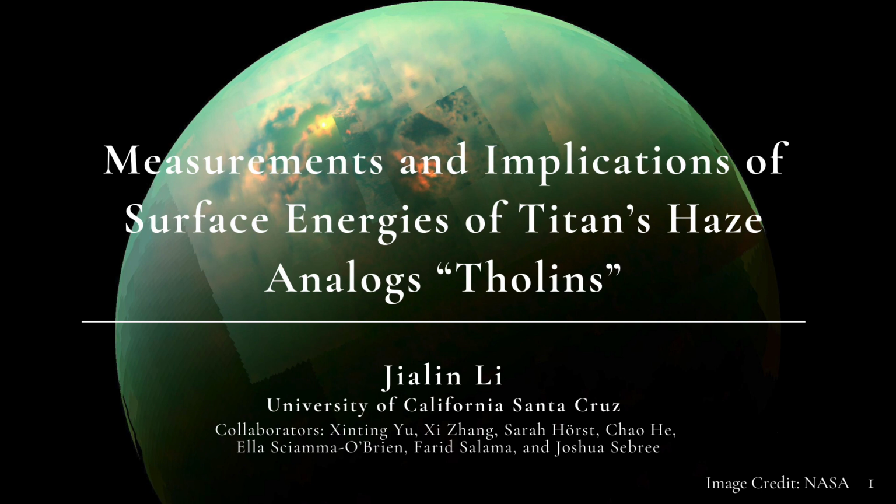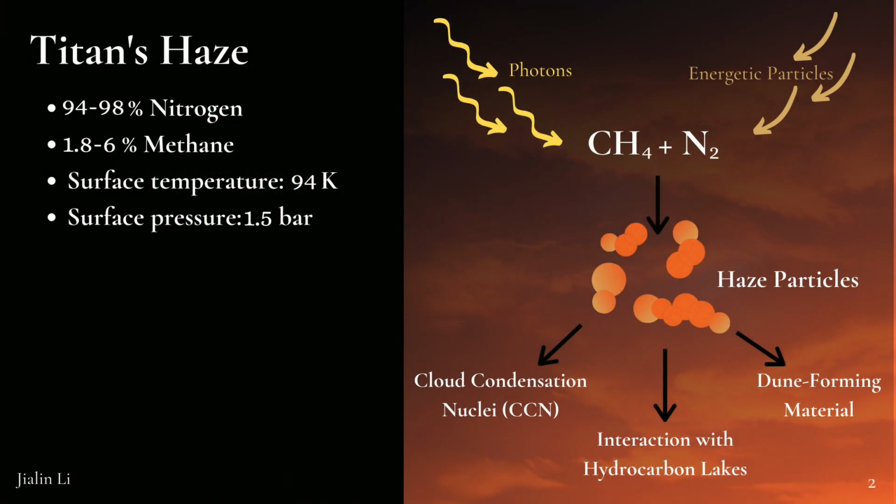Let's talk a bit more about Titan's haze layers that give Titan the orange color. Titan's atmosphere is composed mainly of nitrogen and methane, with small amounts of hydrogen, carbon monoxide, and argon. Titan's surface temperature is around 94 kelvins, and it has a surface pressure 1.5 times Earth's surface pressure. This combination is very close to the triple point for methane, so both liquid and gaseous methane can exist on